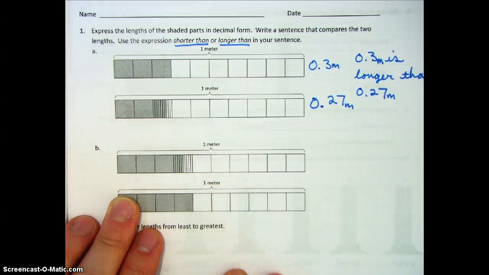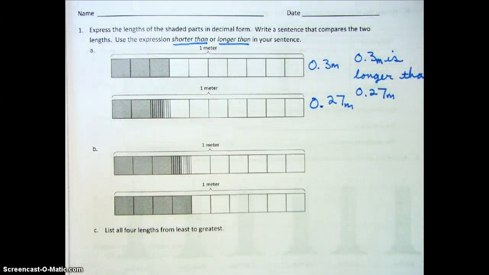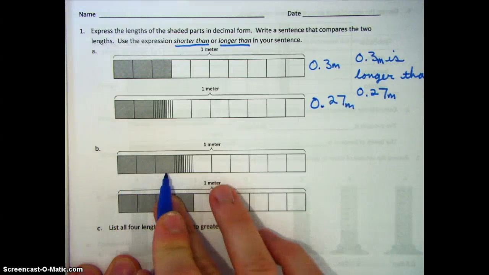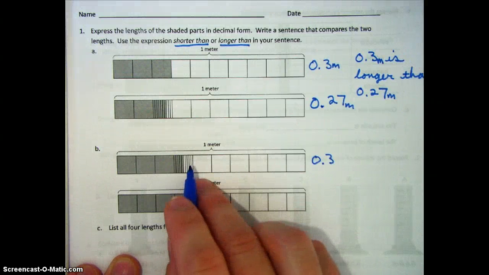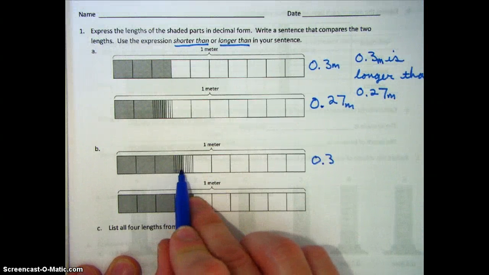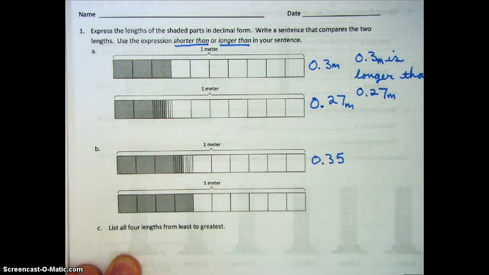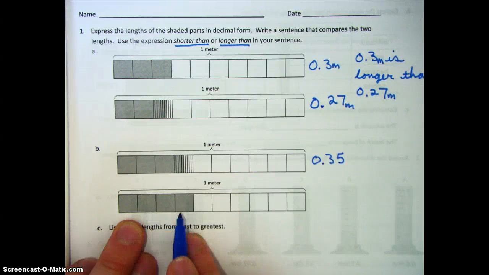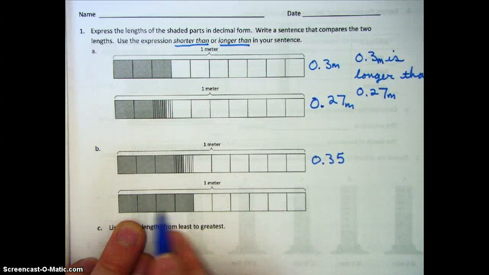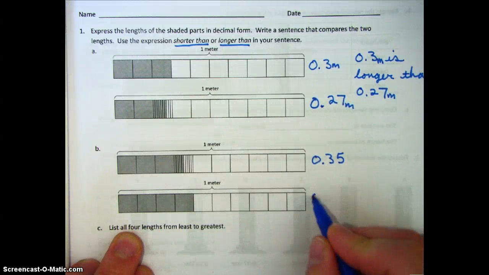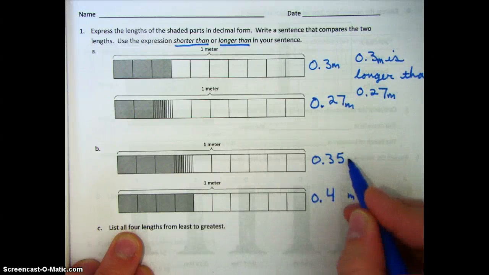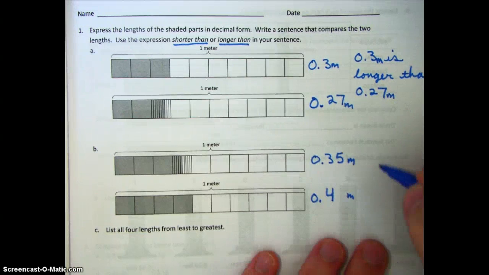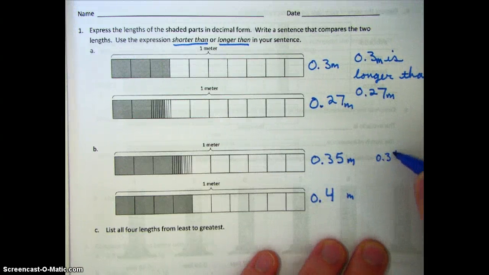Okay, now moving on to the next one, we can see for B that we have three full sections shaded, so that means we have 3/10. Then counting up our hundredths, we see that we have 5 hundredths shaded in. So we have a 5 in the hundredths place. Now our second bar here, again, obviously we can see more is shaded. So when we go to label it, we can see that we have 4 full squares shaded, which means we have 4/10 of a meter. Okay, so now when we go to write, we have 35 hundredths of a meter is shorter than